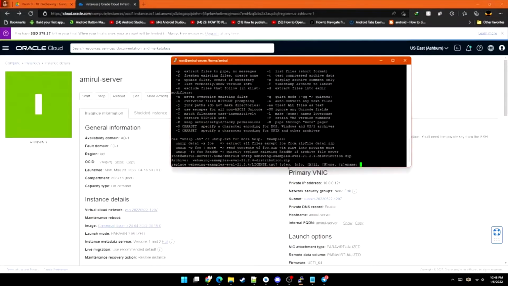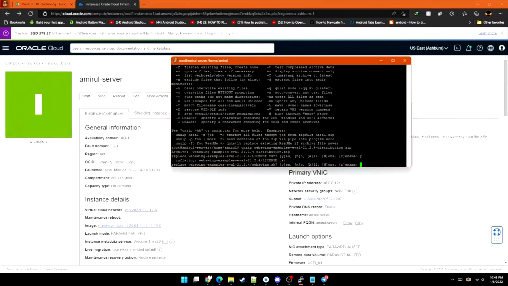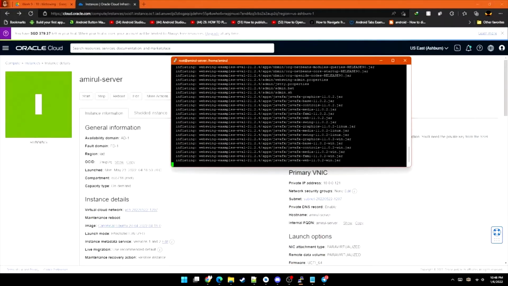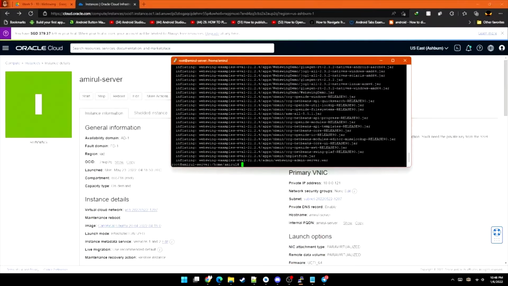In here I already unzipped the Webswing, but I unzip it again, so I just have to agree to replace all the Webswing. After unzipping the Webswing,